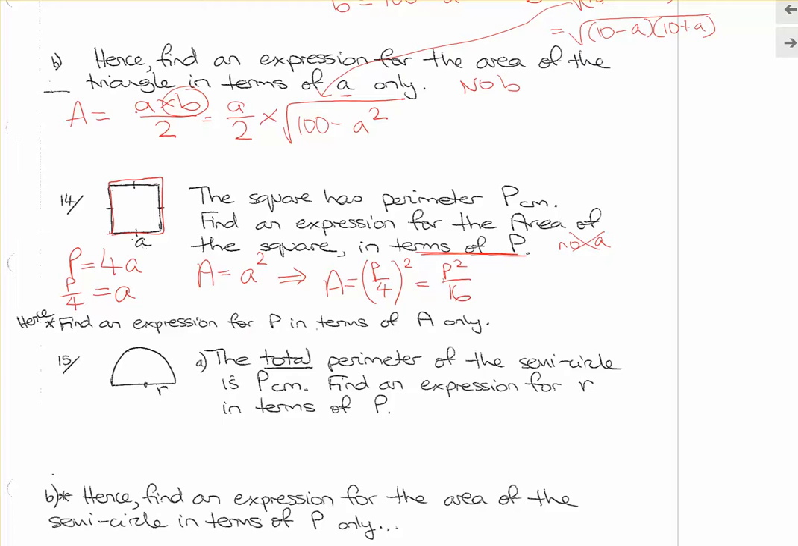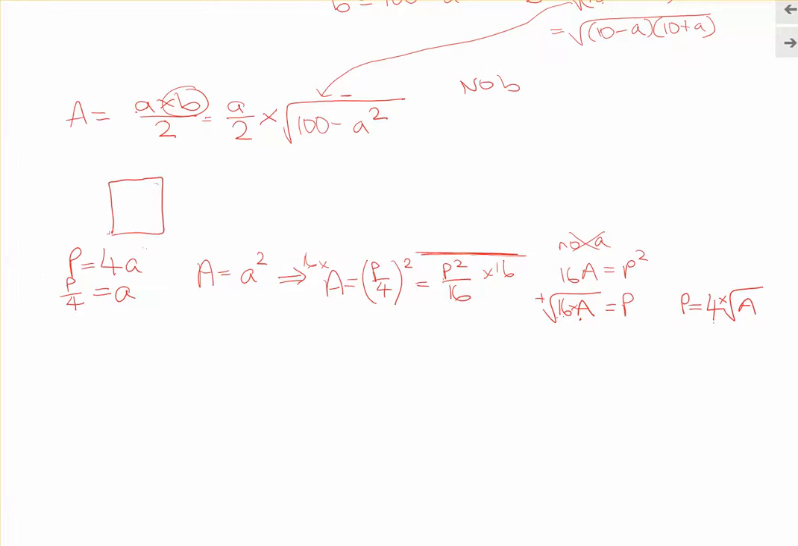Hence find an expression for P in terms of A only, so that's just rearranging it. So we have P equals, so if we start by timesing by 16, and clearly P is the square root of 16A. Once again it would be positive because it's perimeter. Now because this is multiplied, you can actually square root each term individually. The square root of 16 is 4. And we don't know the square root of A, so we'd still have to multiply by the square root of A. So that would give me the perimeter. I'd need to square root the area, of course, which would give me little a, and then if we times that by 4,